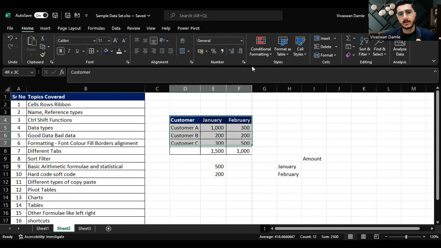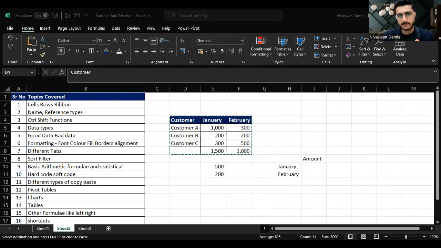Now what if I want to send this to someone and I have to paste it somewhere else? Say I open my Word file. I want to paste this table over here. So now the formatting is getting all messed up. So here, if I select paste as image or picture,